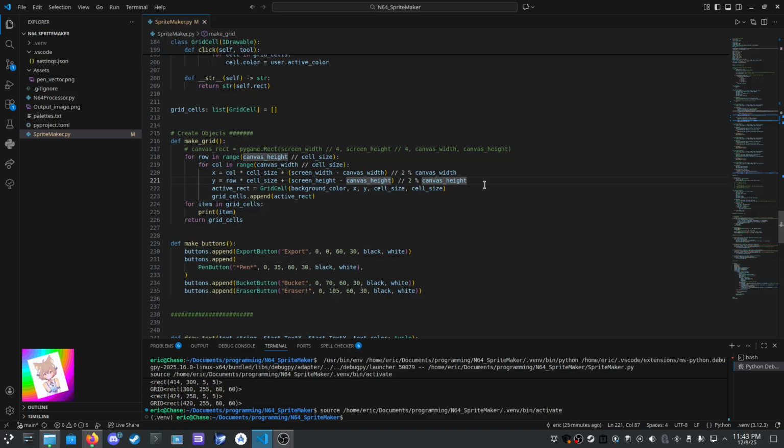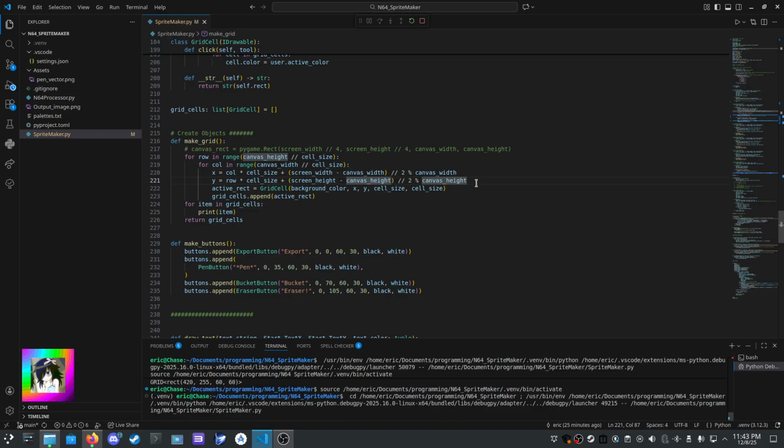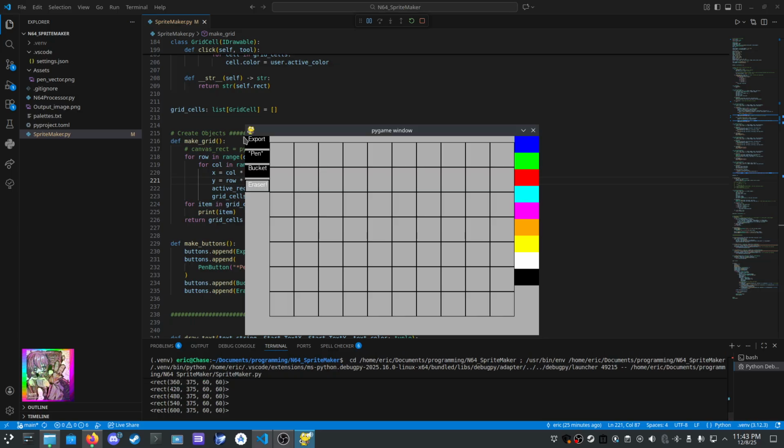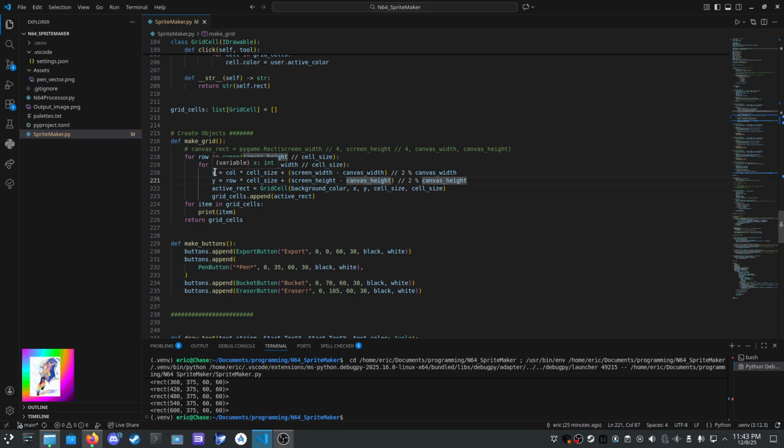The reason I do this is so that I can center it, because at the start the grid would be off. This is how I did offsetting. We mod by canvas width and canvas height so that we double-make sure it doesn't go where I don't want it to go.